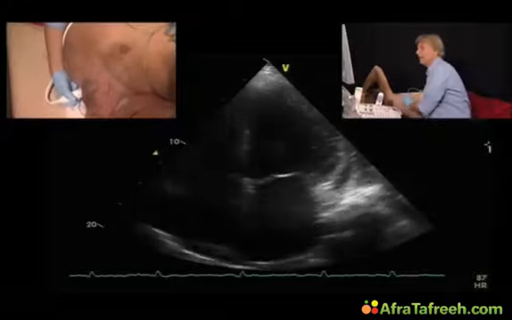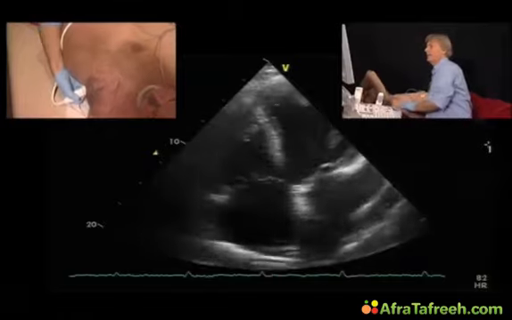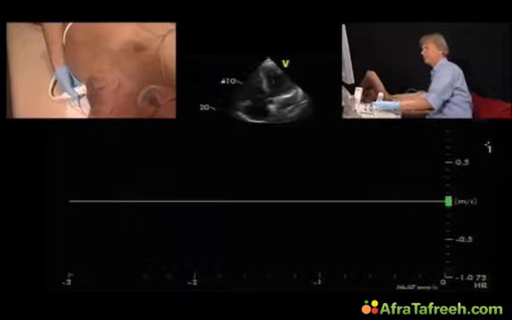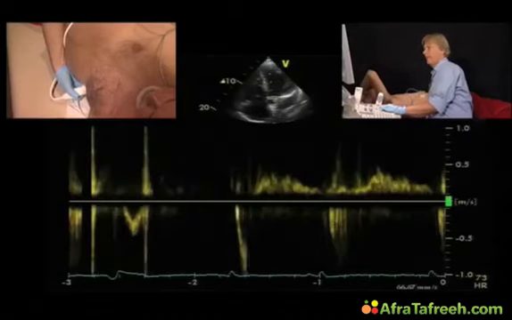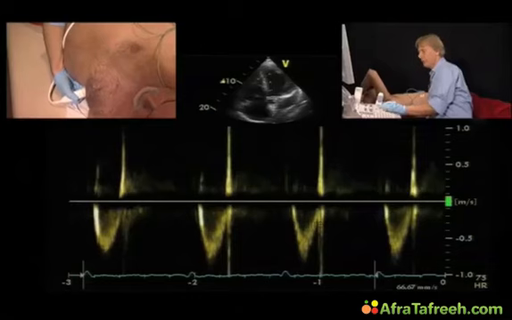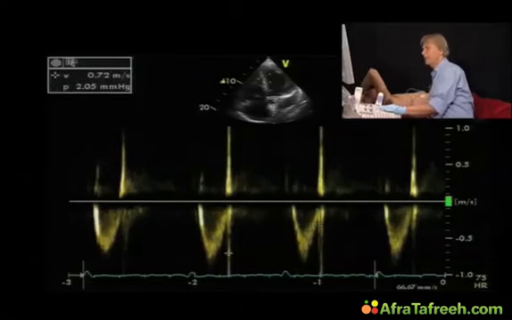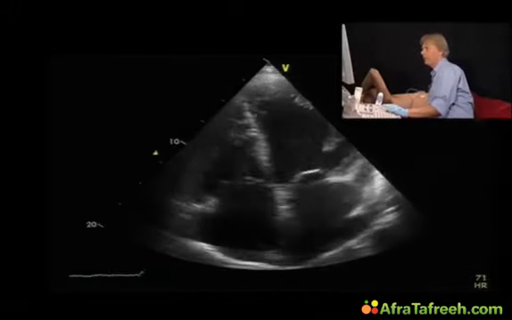And finally, also take a look at the aortic flow. See, we have very short and abbreviated systolic flow, and the velocity is not very high either. It's only 0.7, 0.8 meters per second. So if you put all these things together,